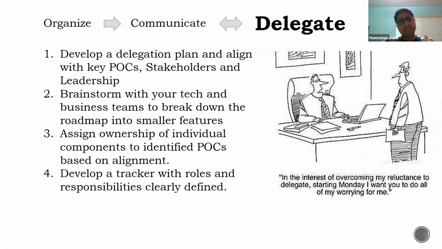And then there are certain steps that you can take. For example, developing an effective delegation plan and assigning key POCs, stakeholders, and leadership to that plan. Brainstorming with your tech and business teams to break down the roadmap into smaller features. Assigning ownership of individual components to identified POCs based on their alignment with them. And then developing a tracker. It doesn't have to be extensive, but a simple Excel sheet with roles and responsibilities should help you